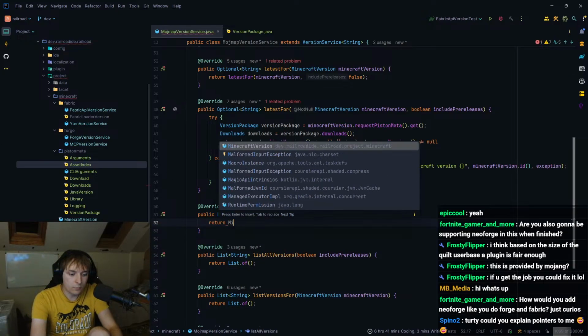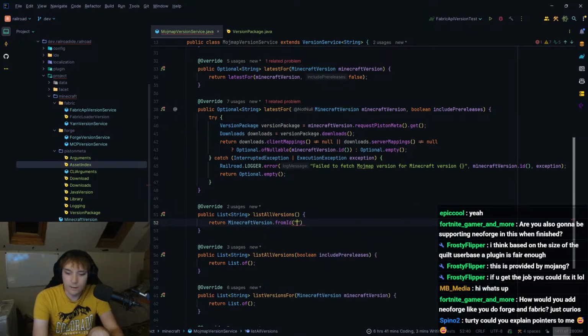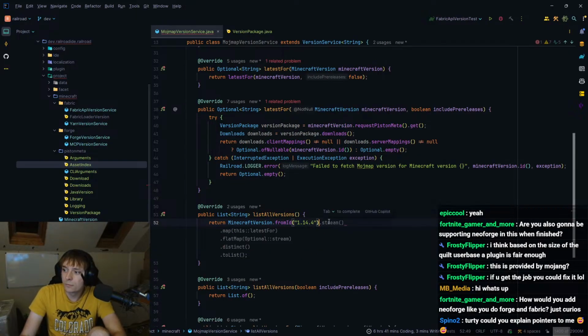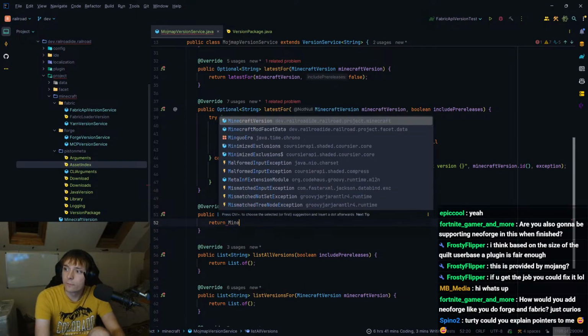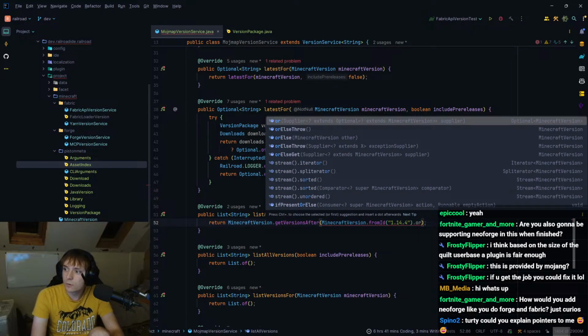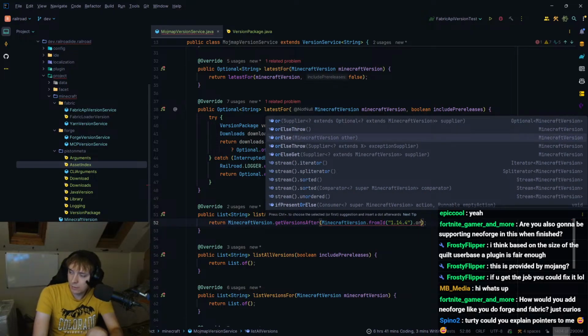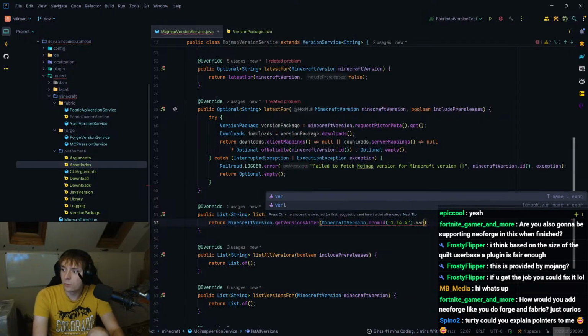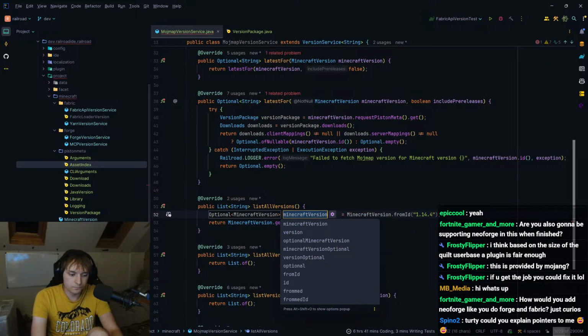So if I return Minecraft version .from ID 1.14.4, and then if I do Minecraft version get versions after 1.14.4 or else, you can do bar 1.